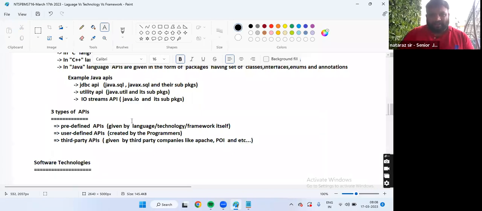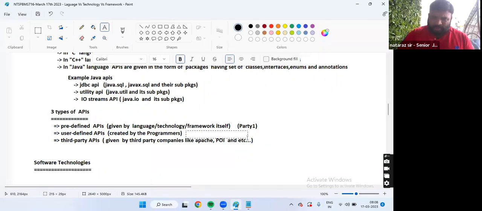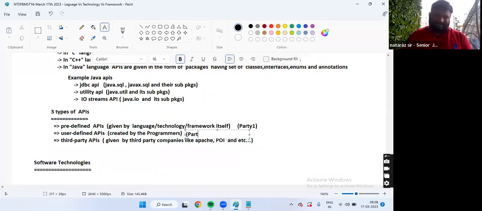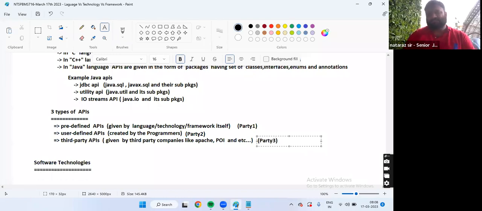Now listen. Party one is the companies who created the language or technology. Party two is the programmer. These two parties are not giving these APIs. Someone else is giving APIs. Can we call them third party?